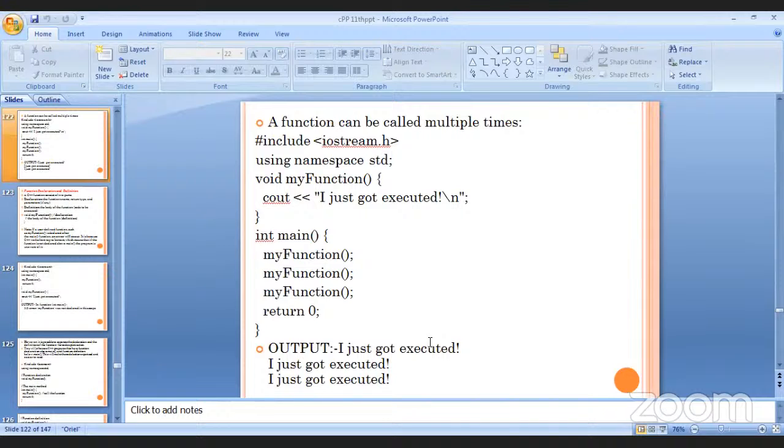A function can be called multiple times. #include <iostream>, using namespace std; void myFunction() { cout << "I just got executed\n"; } int main() { myFunction(); myFunction(); myFunction(); }